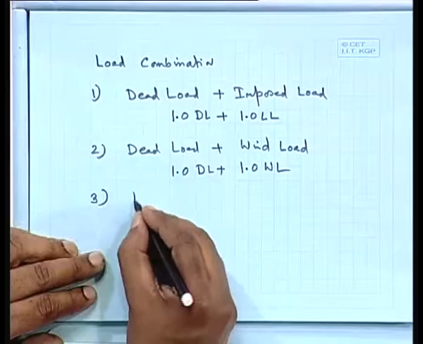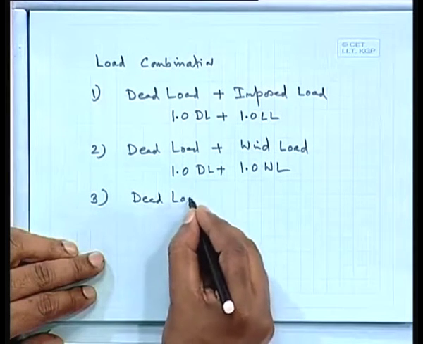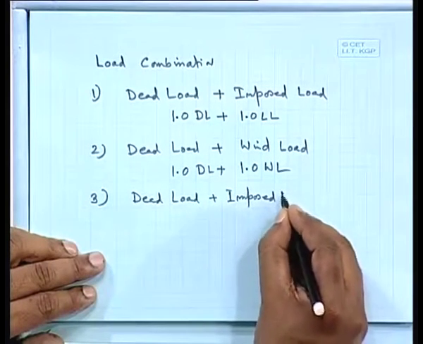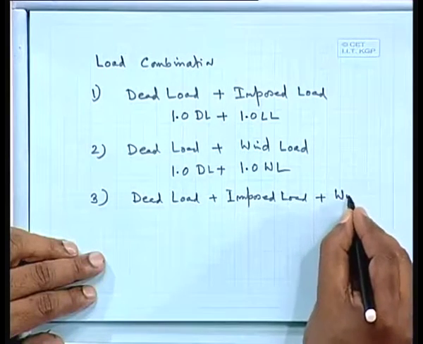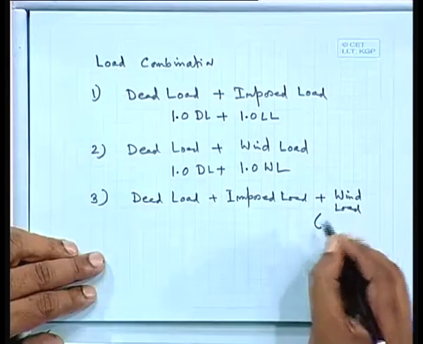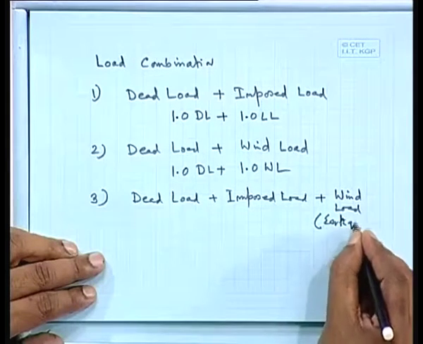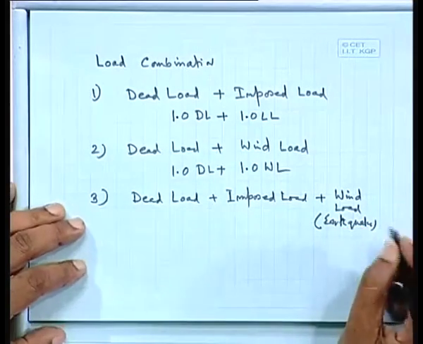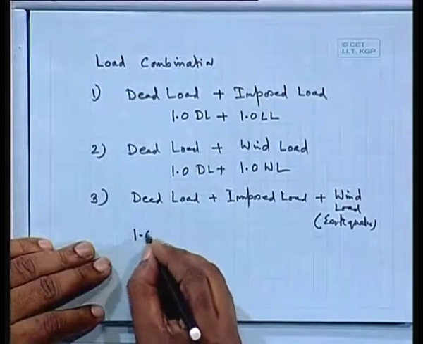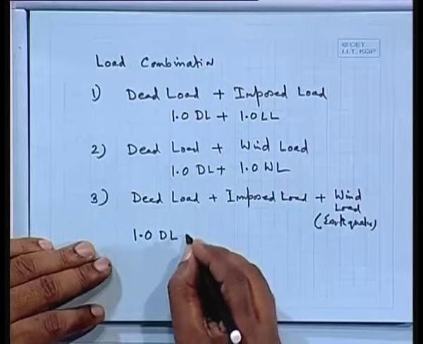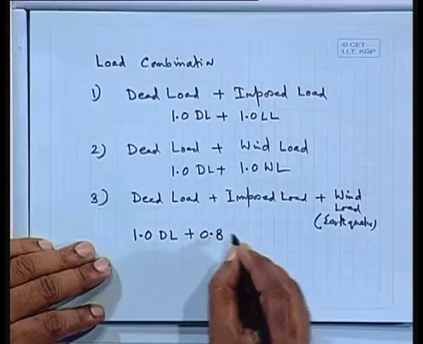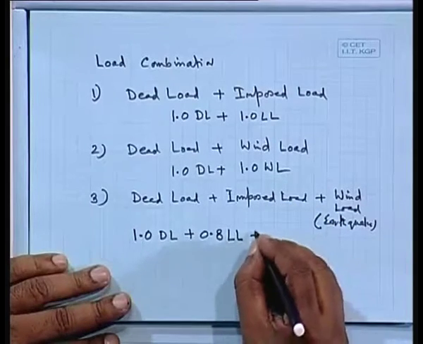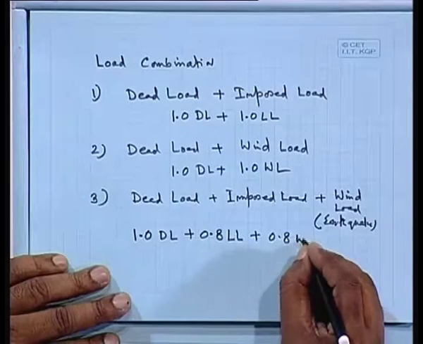Number 3, dead load plus imposed load or live load plus wind load or earthquake. So it could be earthquake load or wind load. Which one is the governing one, that we have to find out, we check it. So here it comes as 1.0 dead load plus 0.8 live load, we take it. When we consider the live load as well as wind load, we take that factor, or 0.8 times wind load